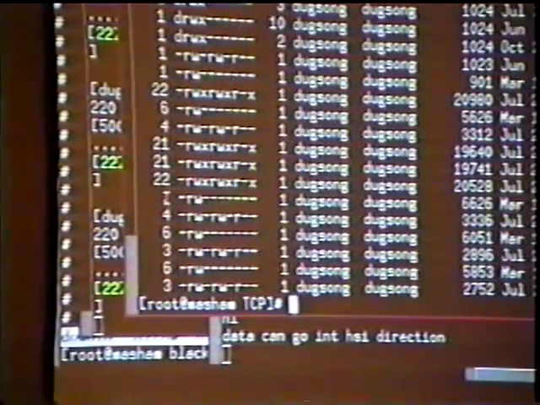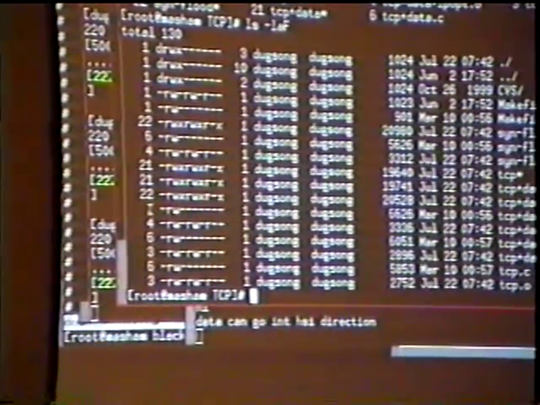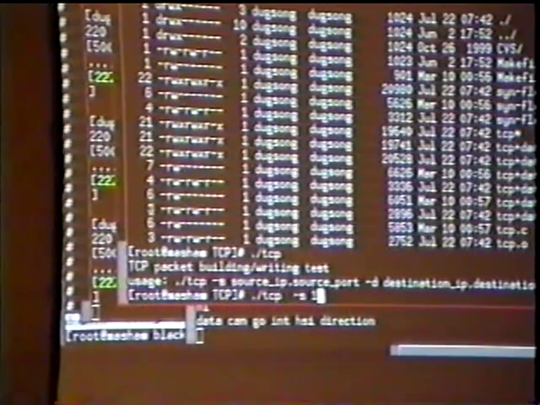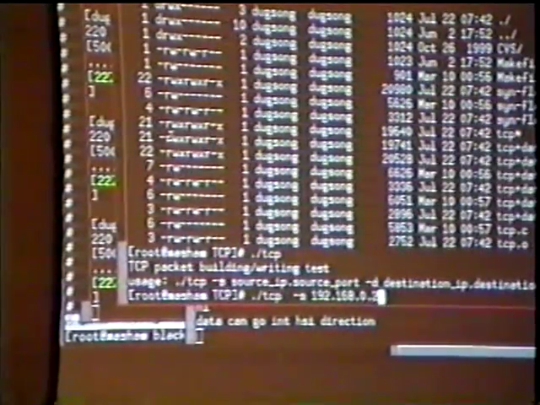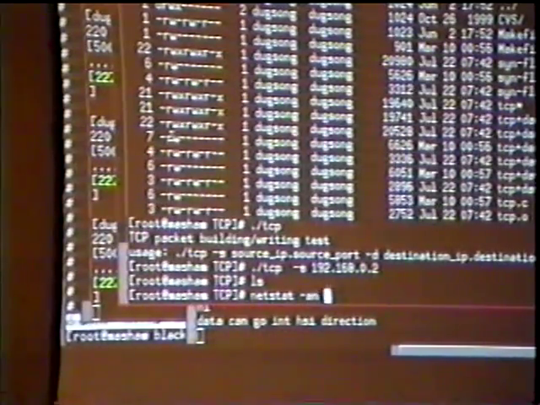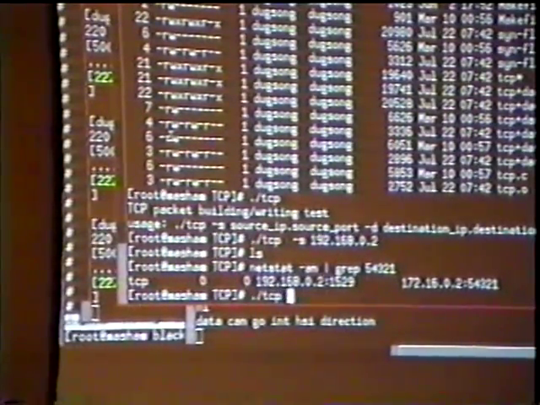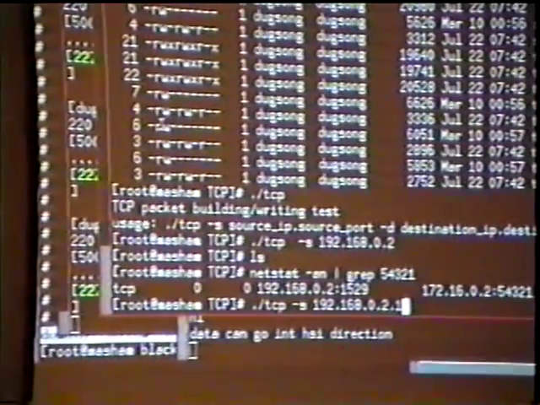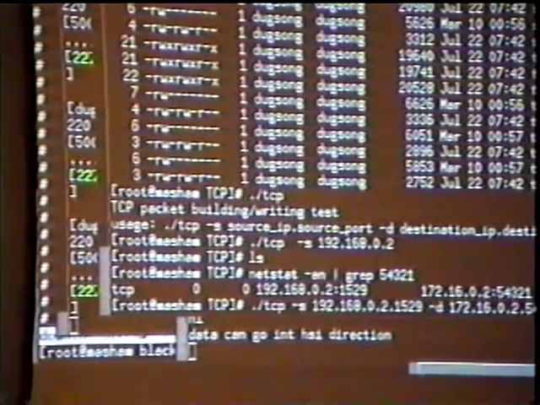So I have to open the connection with FTP Ozone and then spoof a SYN in order to get the connection back into the table, and then when the Solaris box retransmits, it'll get through. So. Oh, wait. Okay, so we see